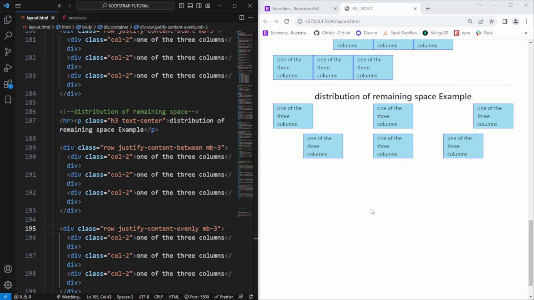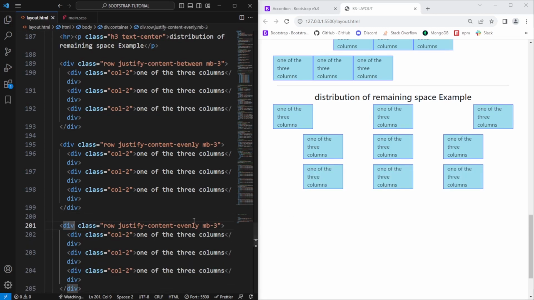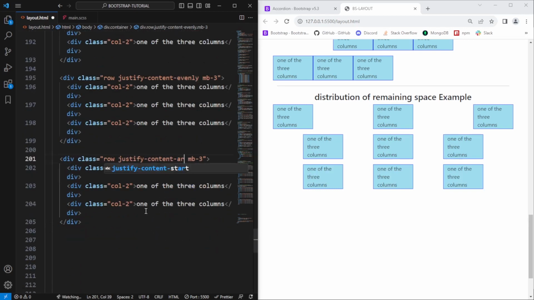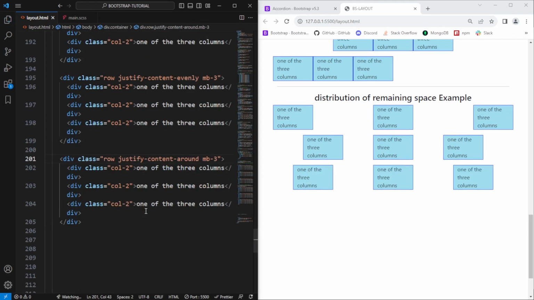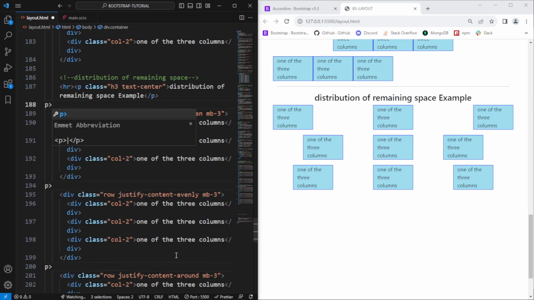Hit save. Or you can also make use of let's make a copy and type in here save, and one more option that you can use, which is around. Hit save. So let's add some paragraph here as well. So distribution here, here, and here. I'm going to have paragraph, say paragraph with the class h3, and let's type in here